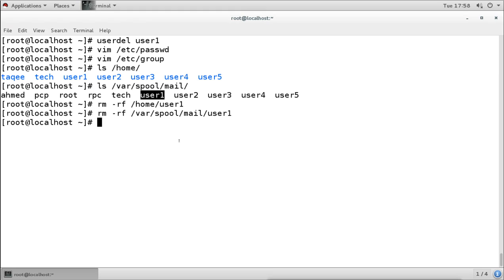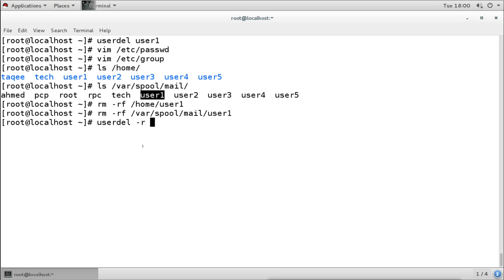Now if you want to remove the user with all its files and directories, that means I want to remove the user with its home directory, mailbox file, temporary files, anything, then I will delete the user by using this userdel command with the -r option.